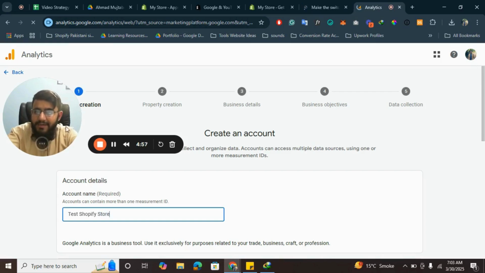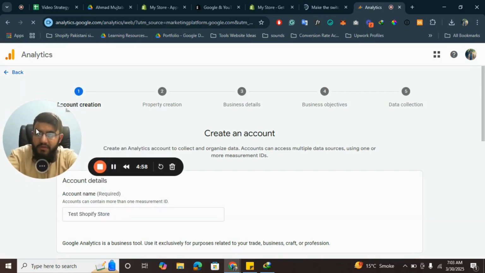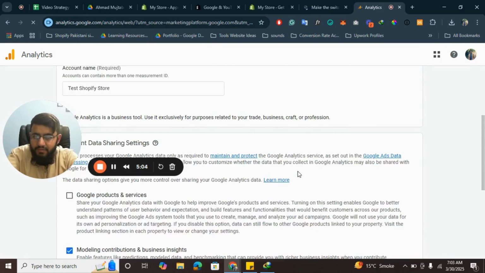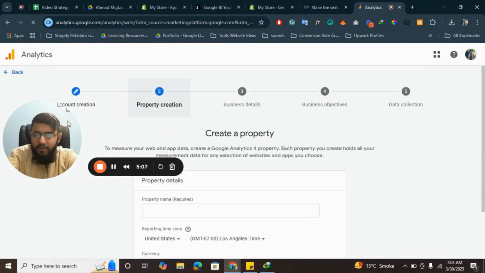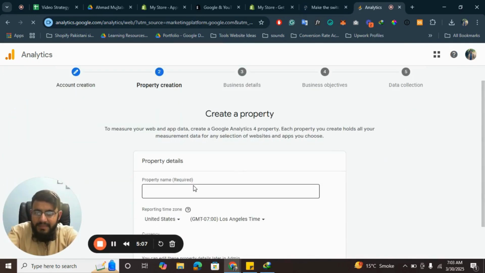If you're new to Google Analytics, just make sure to follow the steps that Google gives you to create the account. So, test Shopify store, and then yes, click on next. Then property creation, property details, test. You can name it anything: test Shopify